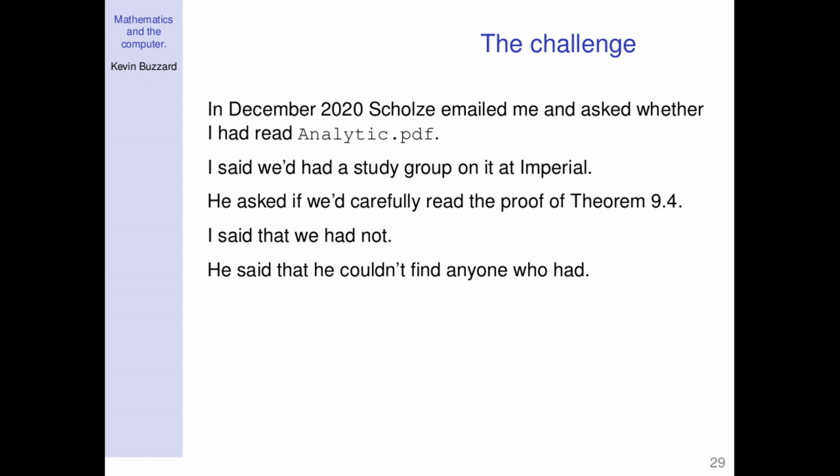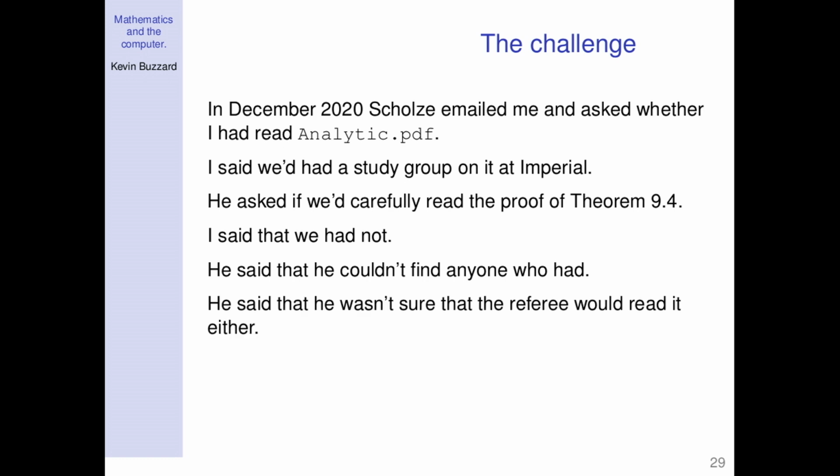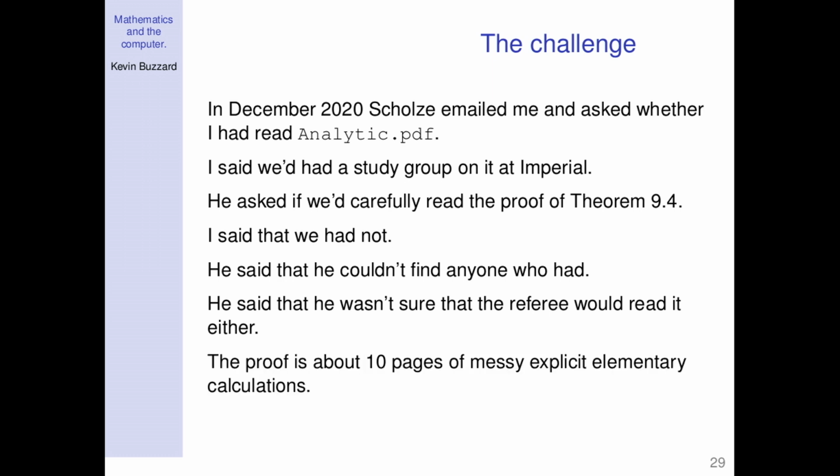And this is something that Voevodsky pointed out as well before he died. But if you get a Fields Medal, then people just know you're a genius, so there's no need to check the details of your papers, right? Because you're a genius, and so obviously you're not going to make any mistakes. So he says, no one has read this proof of theorem 9.4, and he's not entirely sure that the referee's going to read it either. And basically, he's worried that in 10 years' time, there's going to be some Harvard PhD student emailing him going, yeah, this calculation here on page 53, I can't quite get it to work. You're out by a sign, and the entire theory is going to collapse, right? That's what he's worried about.